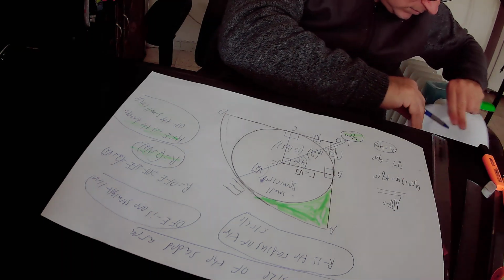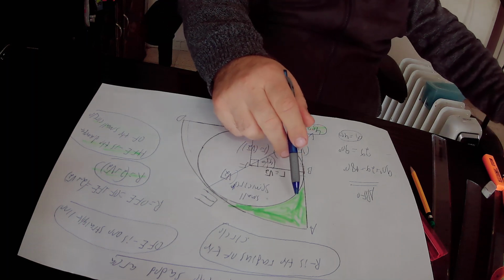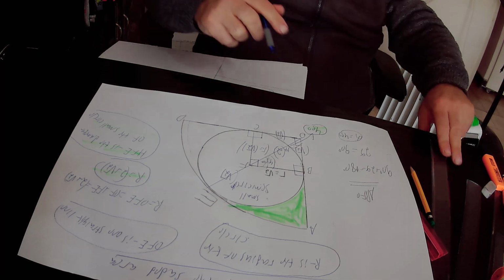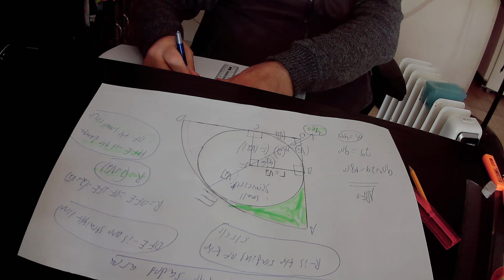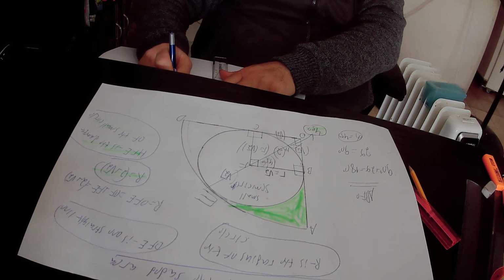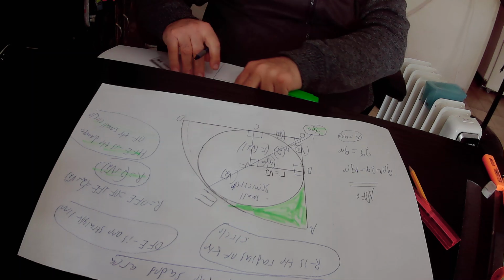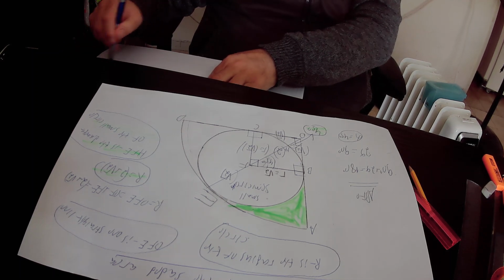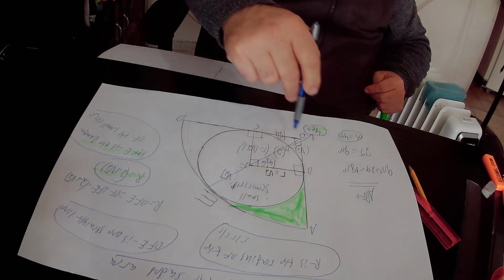So, to repeat, our mission is to find out the area of this green shape. What is the area of the green shape? From the drawing, it is very easy to see that the area of the green shape in total will be equal to the area of the big sector AOE